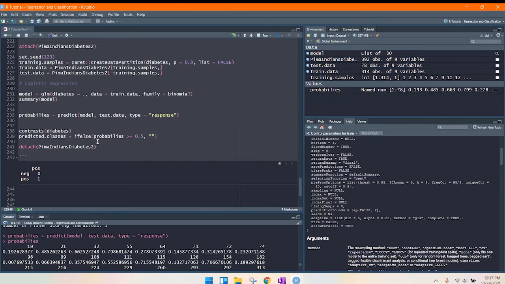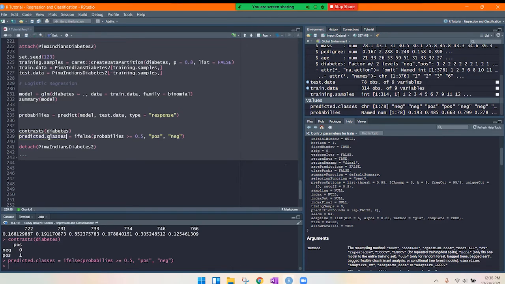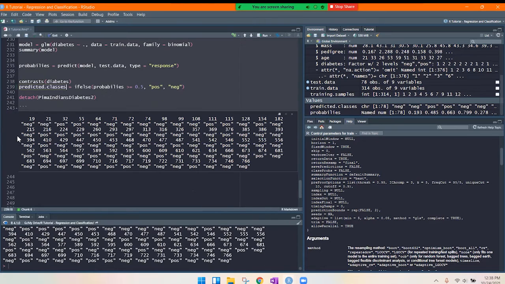And if it is true, we're going to make it positive or else negative. If you remember, this is how the data set had it, as positive and negative, like NEG and POS. If I do predicted classes and run it, it will tell me this is negative, this is positive. That's how you find it most of the time using classifications. So once you have your predicted classes, now what you want to create is a table saying that the